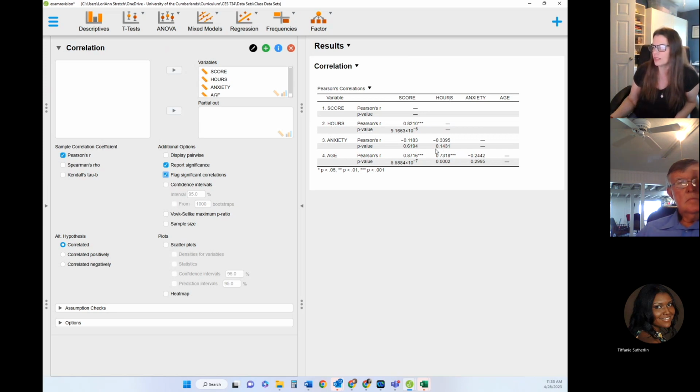So here's hours to anxiety. They are not significantly correlated. So if this had been somewhat correlated, I could have kept it in. Age. These are significantly correlated with each other. So they have a correlation coefficient of 0.7318. And if I multiply that by itself, it tells me that hours of study and age account for 53.5%